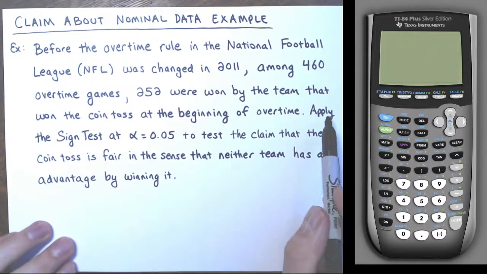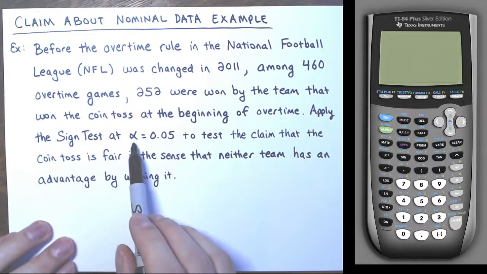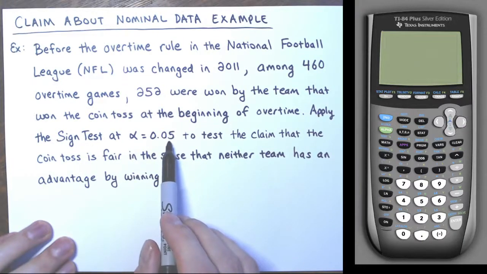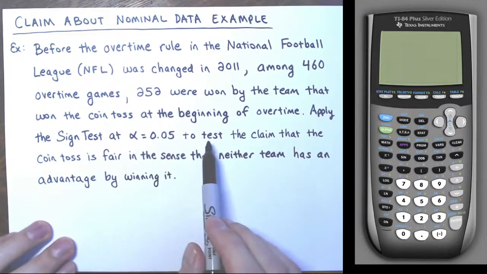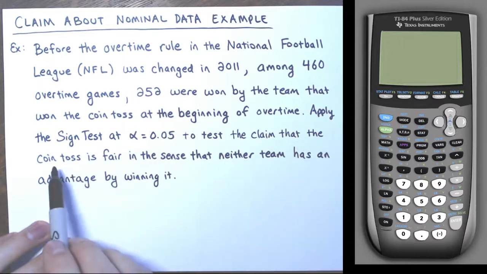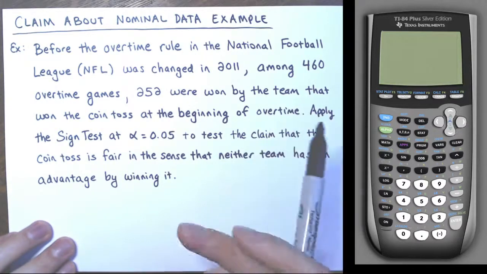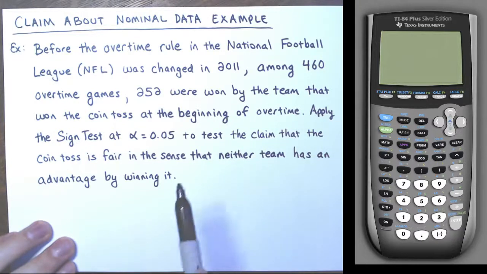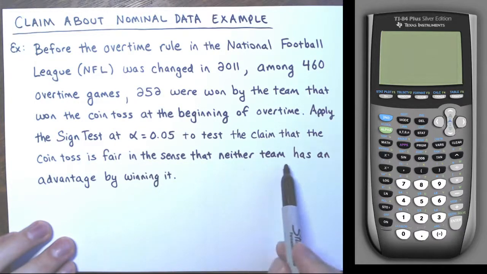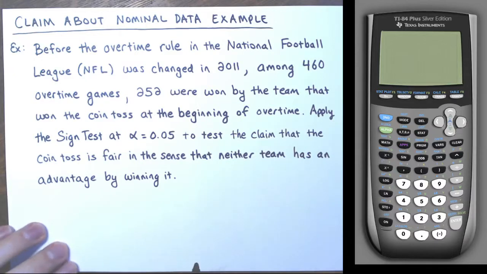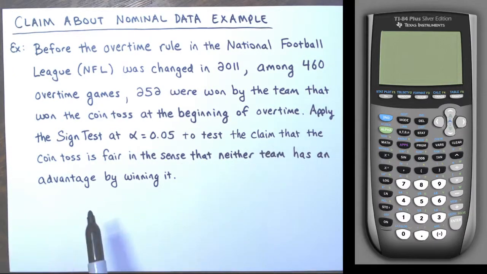All right. So apply the sign test with a significance level of 5% this time, alpha equals 0.05, to test the claim that the coin toss is fair. Not that it's going to come up heads or tails 50-50, but in the sense that neither team has an advantage by winning it, right? So we're going to test the claim that winning the coin toss doesn't give you a significant advantage for winning the game,